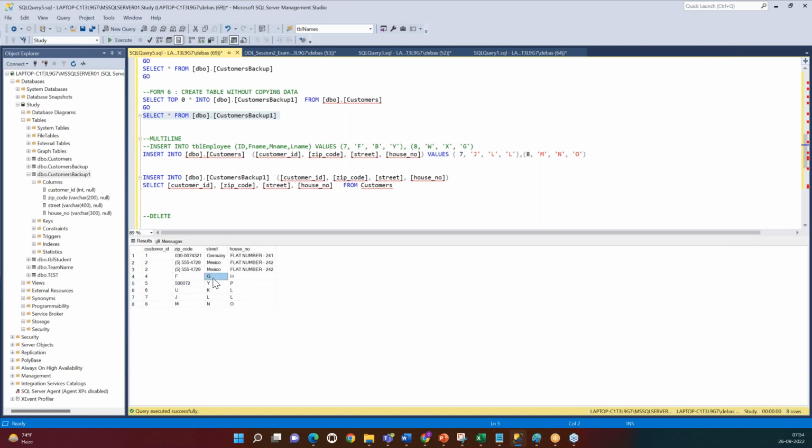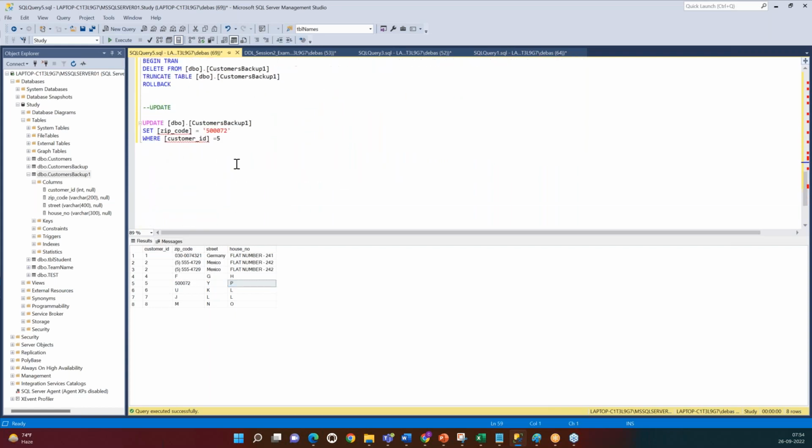Okay. In case I want to update the street number and house number in the same go, can I do that? I can definitely do that. How do I do that? If I have to do multiple column update, what I will say, put a comma: update table name, set column name equal to value, comma, second column zip equals to value, street equals to Gandhipet,